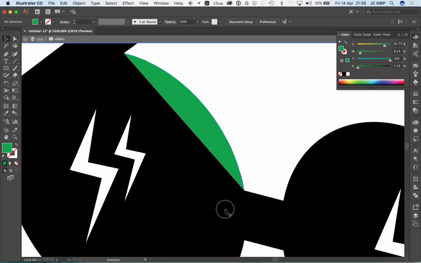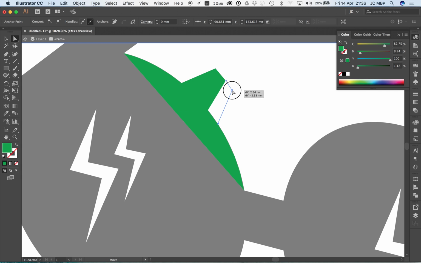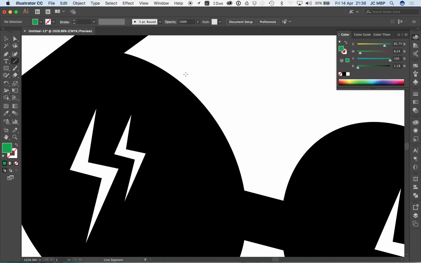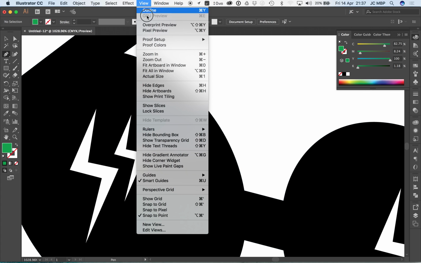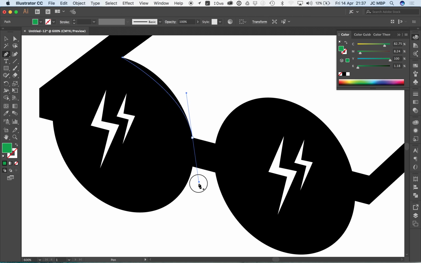What happens with that is if I wanted to edit this, I can click on my white arrow tool, but I'm going to have to pull out every single point if I wanted to edit this. So this is not a good way of working. The better way of working is actually, I'm going to turn off the smart guides because it's actually helping me, but for your purposes you might not have it on. I can create this path in 1 point and